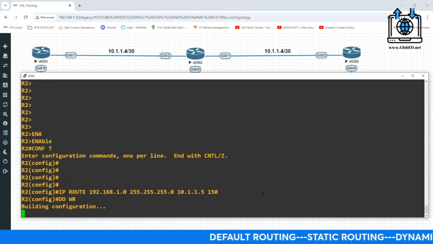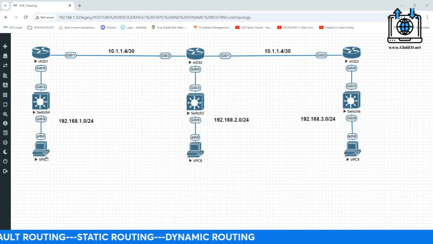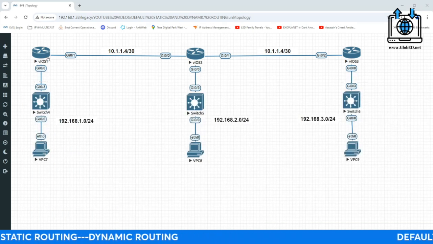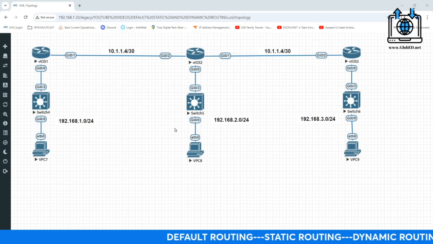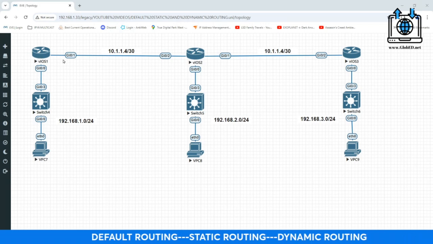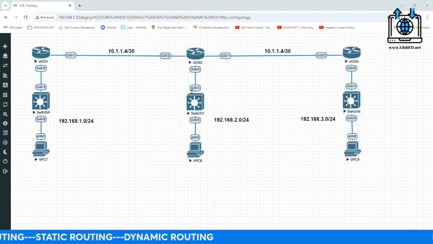Do WR. So what should happen now is that PC7 is going to go up to router 1, and then it says, hey, I don't have an entry for the 2.0 network. That's fine. I'm going to send it because I have a default route, meaning I'm going to send you to my neighbor. My neighbor is going to take you down.